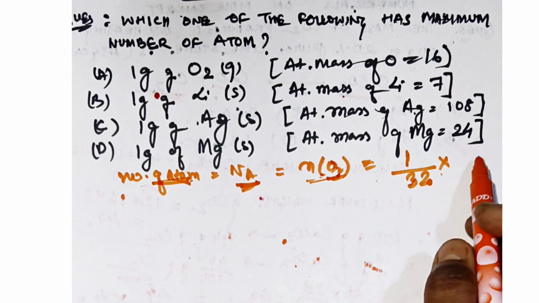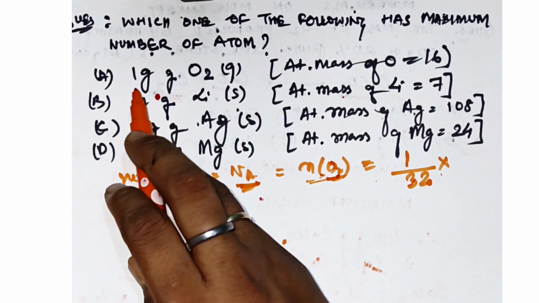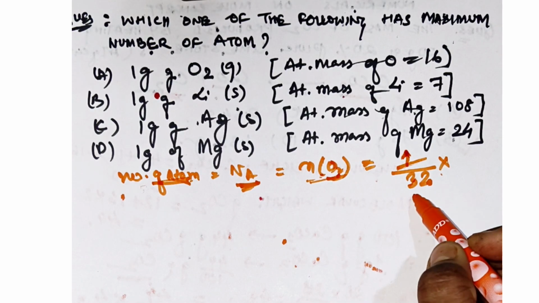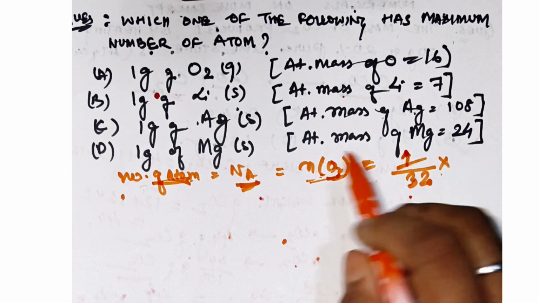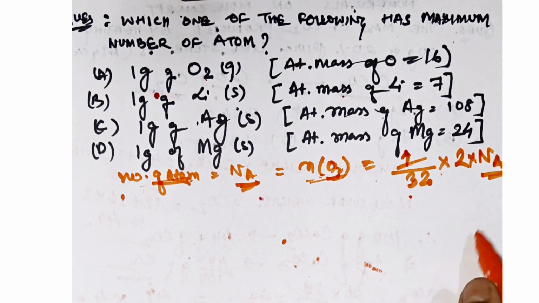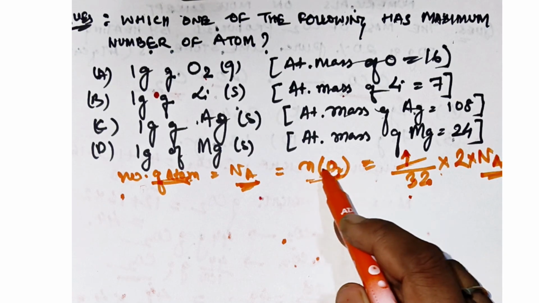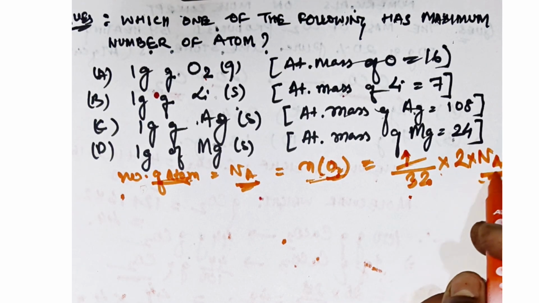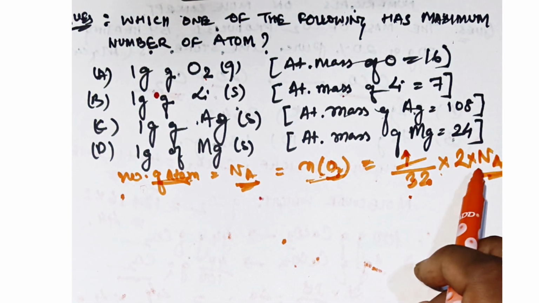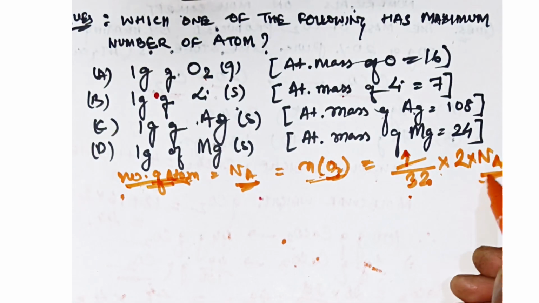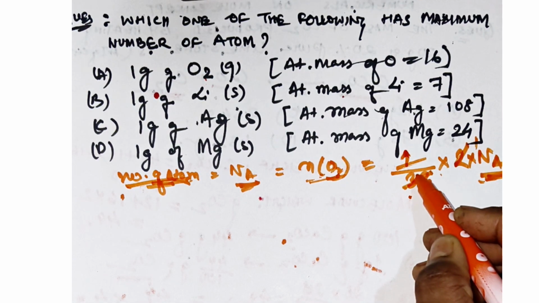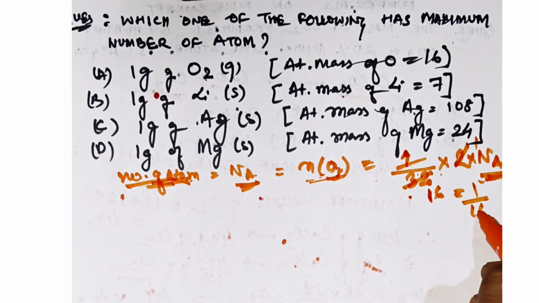the weight divided by molar mass. So weight is given to be 1 gram. So weight is 1 gram. And what is the molar mass of oxygen? It is 32. Now see, oxygen atoms here, how many? 2 oxygen atoms into your Na, that is your Avogadro's number, we will use in case with moles to find the number of particles. Okay, so if we are told to only find the number of moles, we will not use Na, but since we have to find the number of atoms, we will use this Na also. So here 2 ones are 2, 2 sixes are 12, so it is 1 by 16th of your